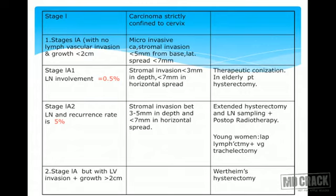Stage 1. Any stage 1 is the involvement of that particular organ. So we are talking about CA cervix. So stage 1 is when the involvement is restricted only to the cervix. Stage 1A. In stage 1A, there is no clinically detectable lesion on the cervix. There is microinvasion. If you have a pap smear suggestive of this, either HSIL, and then you have done a biopsy